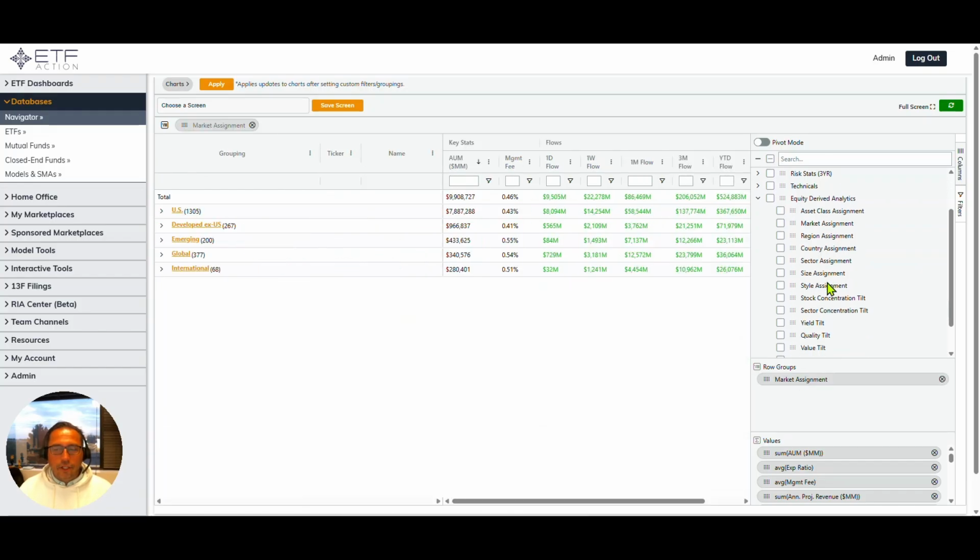Next thing I want to show is size assignment and style assignment. Now I'll explain all this as I go along, but to note, this is rules-based assignments. This is not me telling you the S&P 500 is a core US large cap core or blend strategy. It's looking through, utilizing the data we license from FactSet and saying, how are these portfolios tilted relative to the